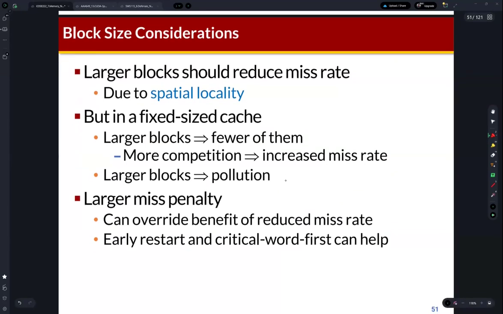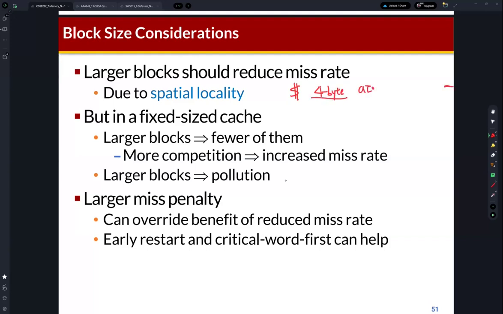Then, if we use the larger block in a cache, then we can exploit the spatial locality, right? But then what is the spatial locality? So the spatial locality means that if a certain data is accessed, then in the near future, the neighbor data will be accessed, right? So, for example, if the cache block size is